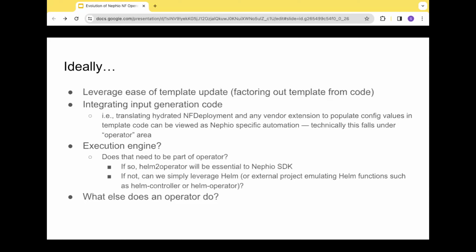But the real trick is what happens on day two. If you have a policy in service assurance that needs to change something in the network function, that is exactly the kind of thing you would want to delegate as much as possible to the workload and not handle in the shift left bucket. Because shift left would involve the complete Nephio workflow almost over again: you need to bump the package version, you need to redeploy, etc. And that's unacceptable for a lot of service assurance scenarios like healing and even scaling. And if you do that change, you want to make it in such a way that you're not losing connections and you're keeping everything running. Only the operator can do that, right?